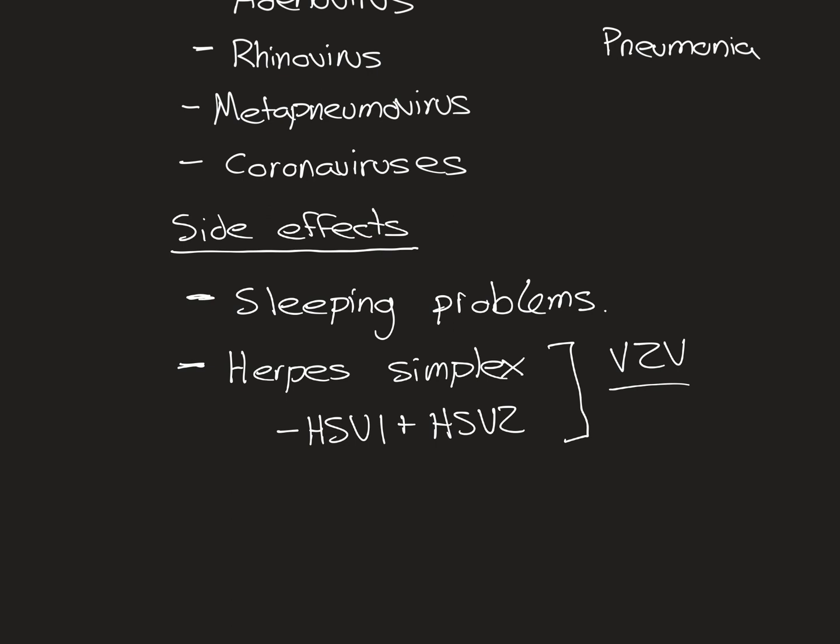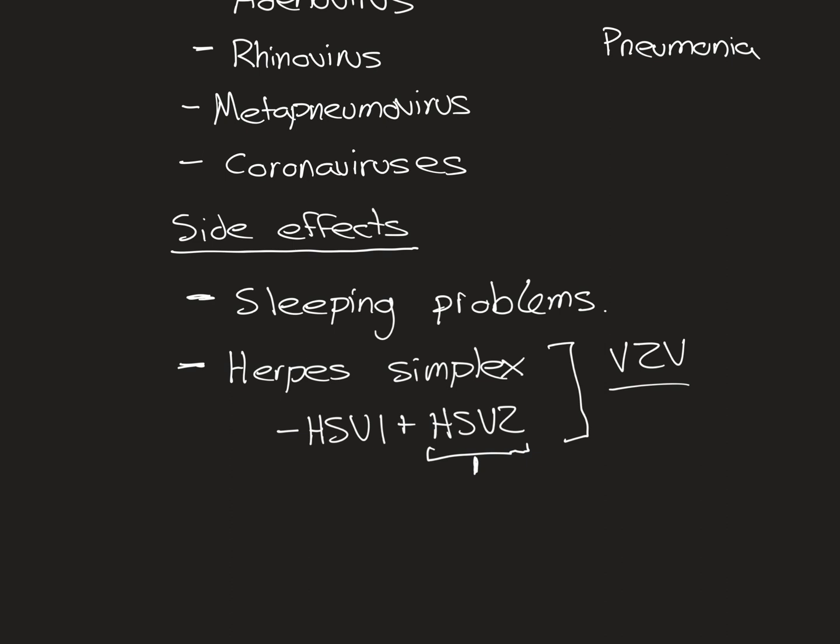So maybe on your arm, you might get a little cluster of these little blistering vesicles, and that's not going to be a VZV infection if it's just limited to one place. That's going to be a herpes simplex infection. So they can cause skin infections, and HSV2, but also HSV1, though the textbooks will say more HSV2, can cause genital infections as well. So infections of the skin around the genitals, and also the infection on the actual mucosae of the